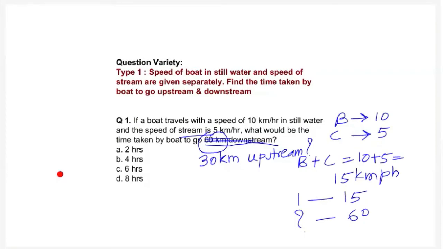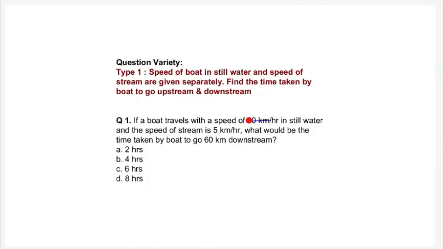Yes, very good. Akshay, Prathamesh, Alicia, Neha, very good. You got it. Now, one more question based on this only. Instead of 10, it is written 12. And instead of 60, it is given as 56. Instead of downstream, it is written as upstream. Chalo, calculate and tell me the answer.